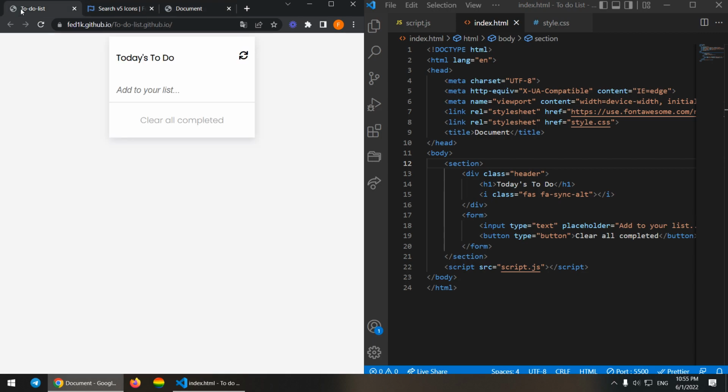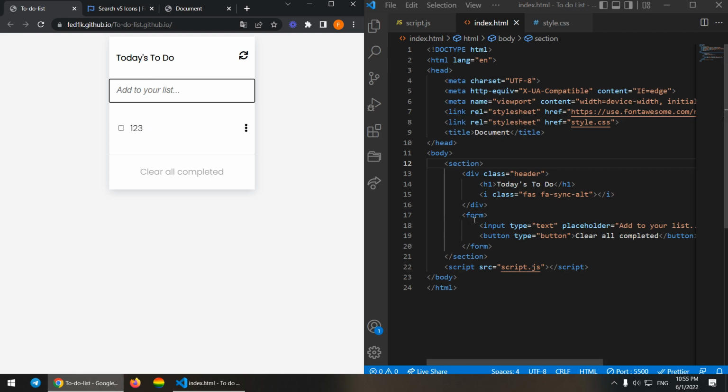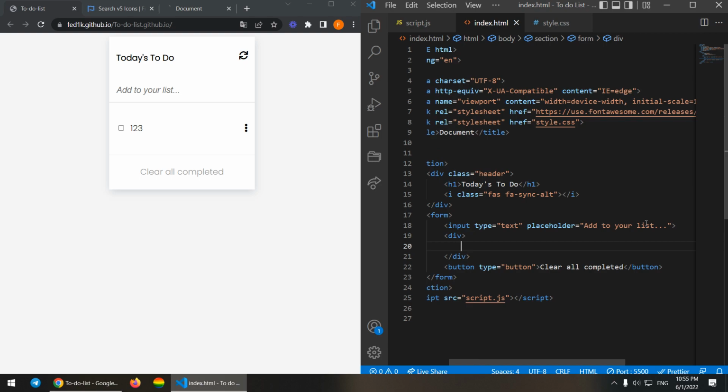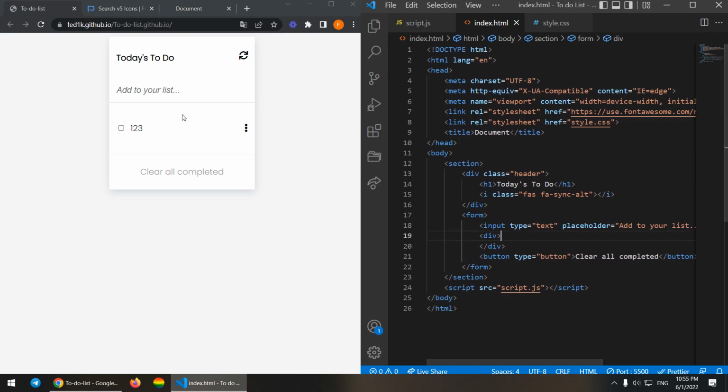After that, here if we add some to-do, as you see, the to-do is between this text and this button here. So we are going to open one div just here inside, and this is going to stay empty because we are going to add the to-dos dynamically in JavaScript. So this is going to stay empty, but we need to give it a class name. I'm going to go for the class name to-dos container. So after that we are basically done with the HTML part, so we can just go to